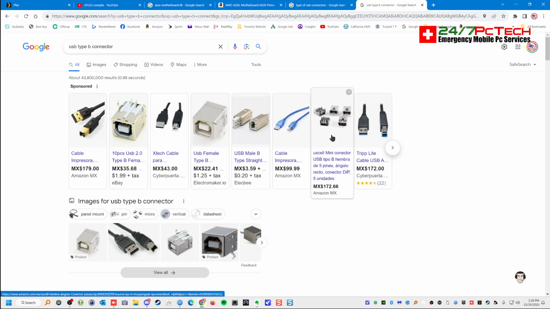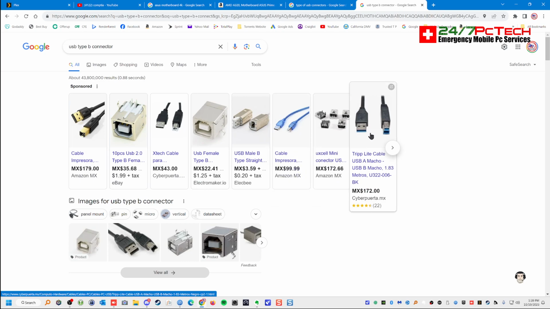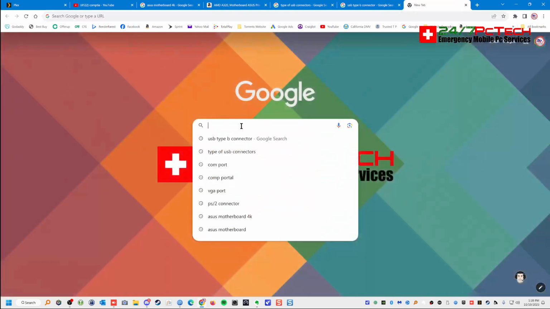The speed on these, this is probably like 200 to 300 megabytes per second, or in this case, 5 megabytes per second. Really slow. And the next one is 9 megabytes per second. The speed of a USB Type